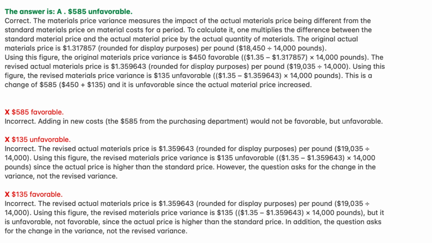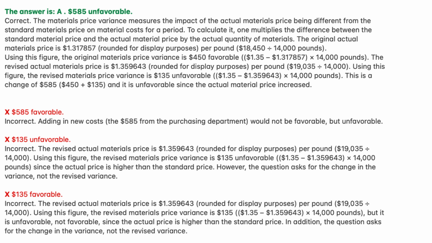$585 unfavorable. Correct. The materials price variance measures the impact of the actual materials price being different from the standard materials price on material costs for a period. To calculate it, one multiplies the difference between the standard material price and the actual material price by the actual quantity of materials. The original actual materials price is